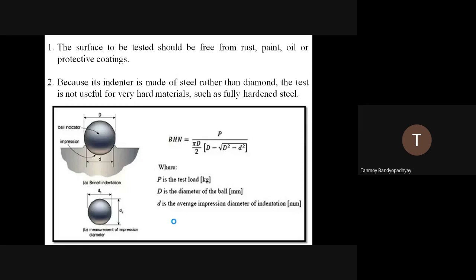Since we are using a steel ball, it is not used for very hard materials. For very hard materials like fully hardened steel, we have to go for either diamond or carbide indenters. So it's a thing that has to be used for